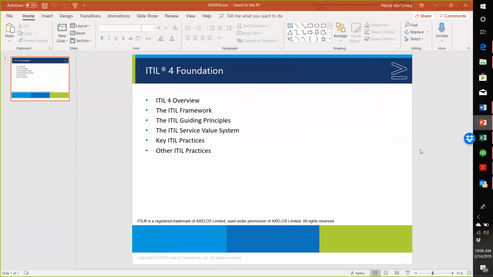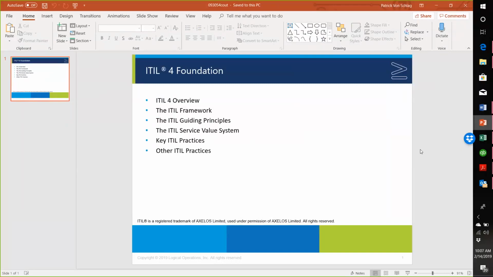They've put together an initial foundational level guide for what ITIL 4 will eventually be. But quite bluntly, they haven't published a lot of this stuff yet. So the ITIL 4 Foundations very much is just that. It's providing a leading edge view to where ITIL 4 eventually will be. And ITIL 4 itself is going to be a very significant upgrade over previous versions. The framework is structured differently, and the scope of the framework is much, much different relative to previous versions, really reflecting what's happening in the larger industry, expanding the areas focused on things like agile practices and DevOps, shifting left, lean practices, and a number of other things.